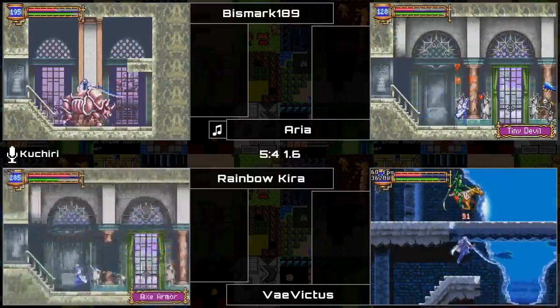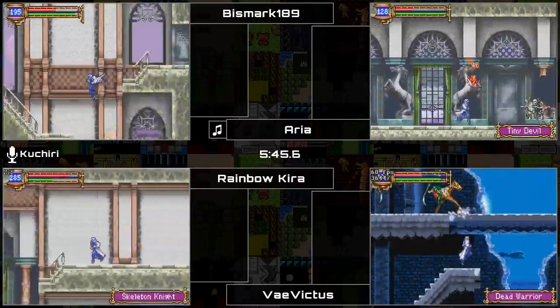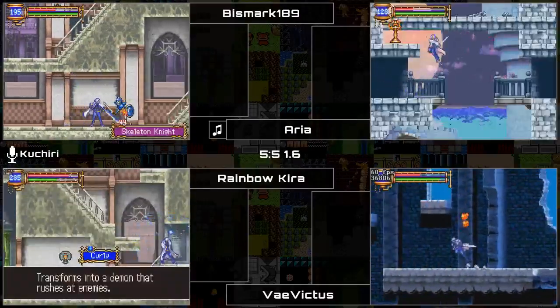But right now, Vey, he is going out of order, which is pretty big. I mean, he may go ahead and fight Death at like level 3, which is something I don't normally recommend, but...